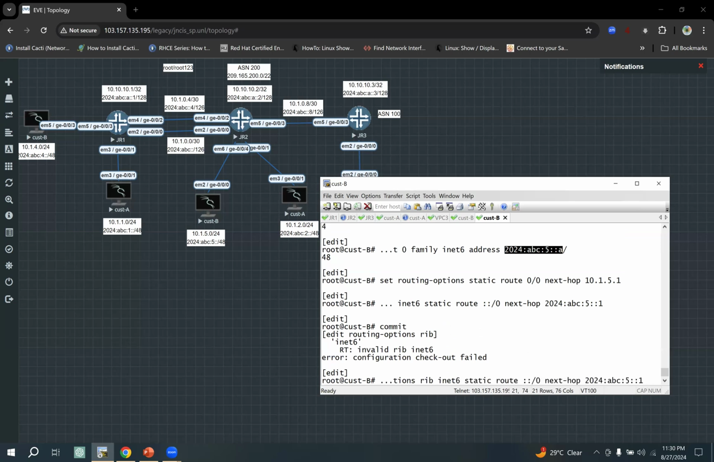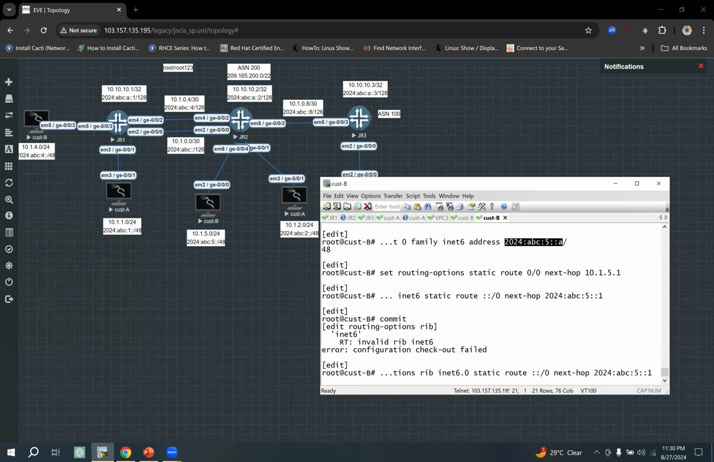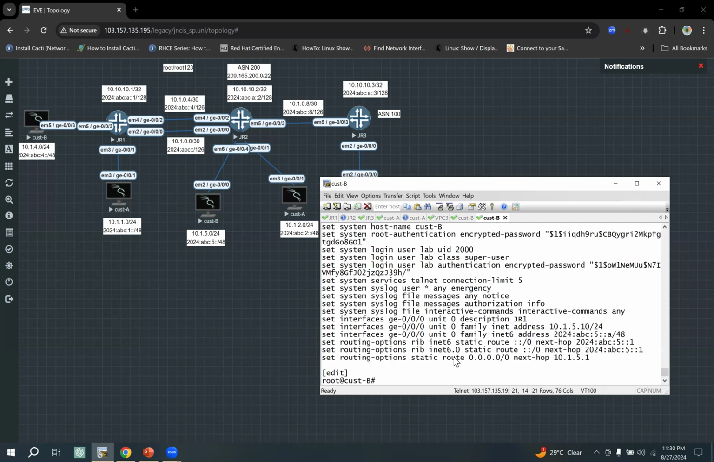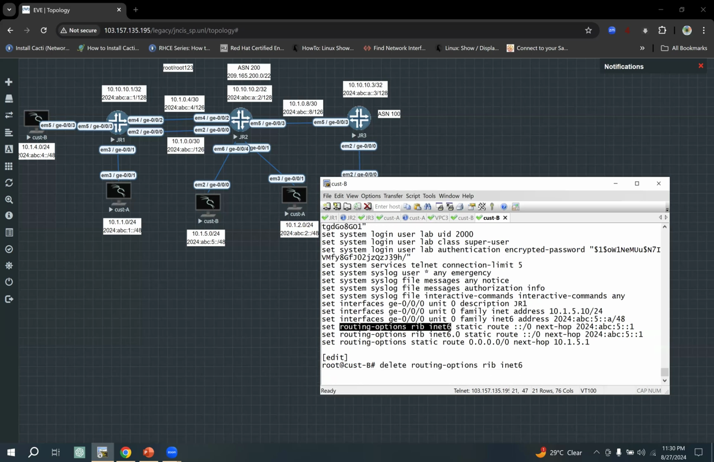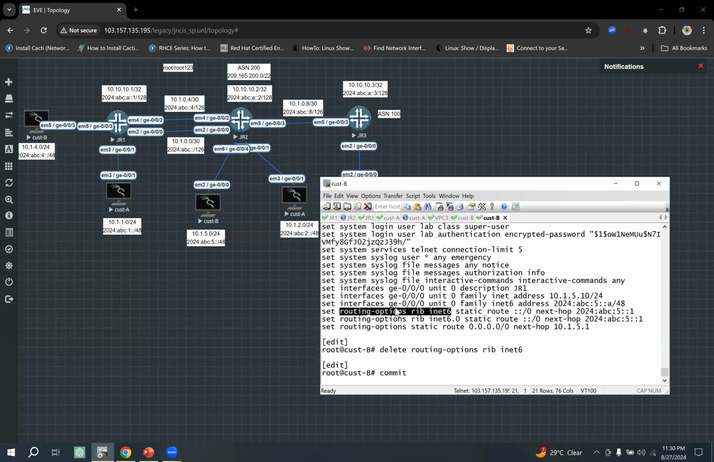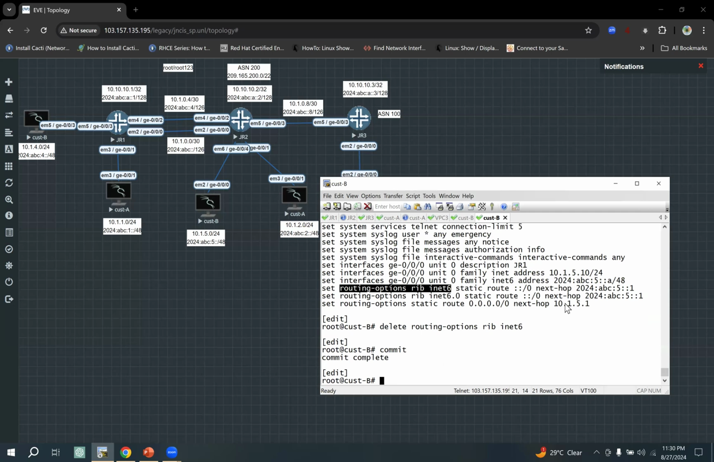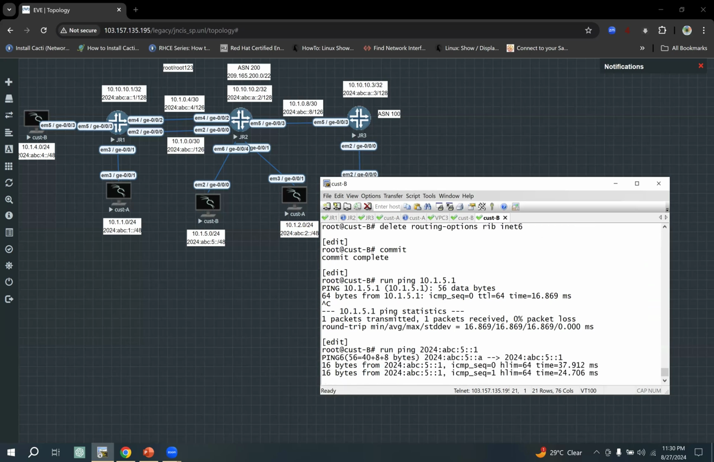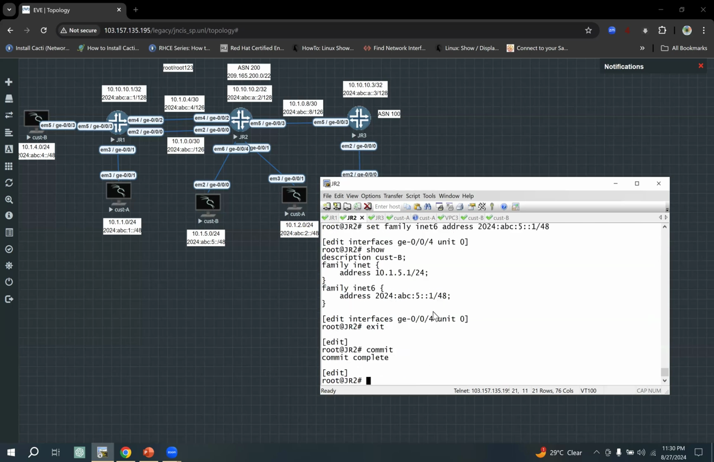Invalid RIB. Oh, inet6.0. Set. Okay, so check the gateway. Working basics. I don't know. It's not working. So now router 2,